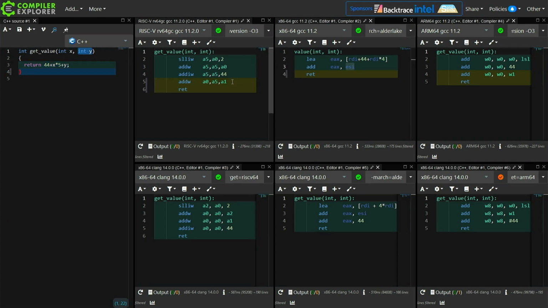And now we are going to see that A1 on RISC-V is the second parameter to the function, because we see this A0 shifted left twice, that's our times 4, plus A0, that's our times 5, plus 44, plus A1 gets us the plus Y. We see that on both of these. And we see